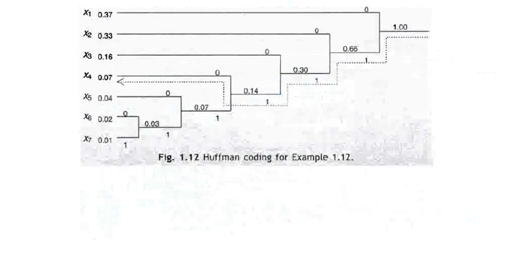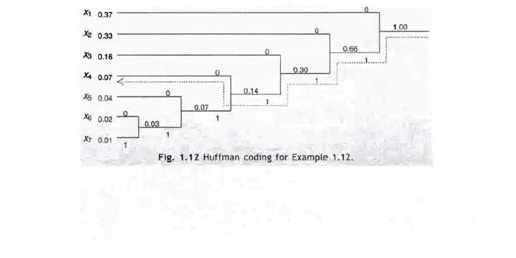Let us take the 2 least probable symbols. Out of those 2, the greater one is assigned 0 and the lesser one is assigned 1, and we combine both of them and write the combined probability as 0.03. Now tie the next 2 least symbols. The next least symbol is 0.04, and this combined probability is 0.03. Both of these are less compared to all other source probabilities.